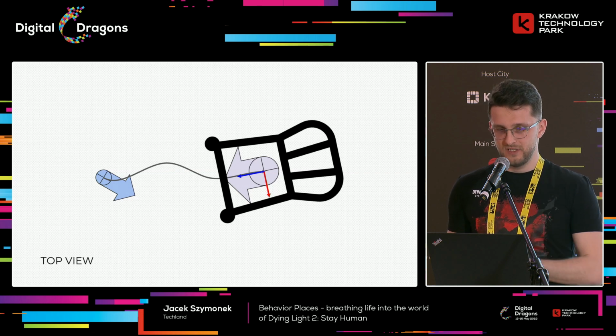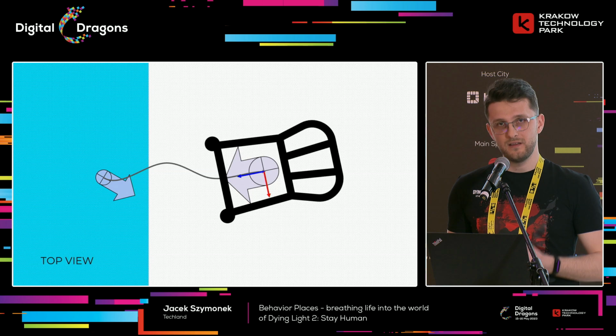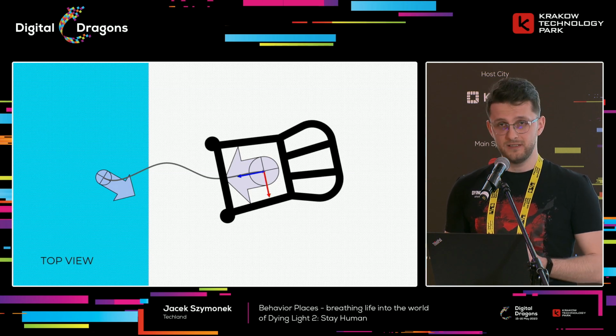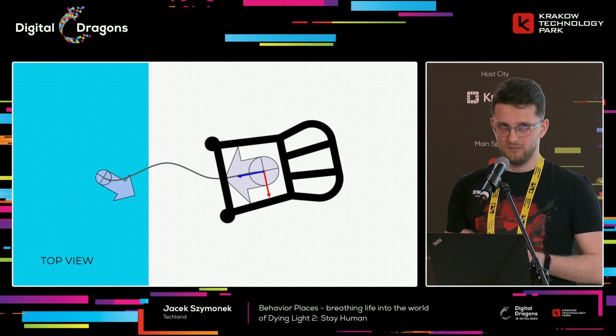Now let's add nav mesh to the mix. The entry point lies on the nav mesh, so the AI will be able to navigate to it and then start the entry. And for situations where that is not the case, we've implemented a validation process which reports unreachable entry points to level designers. And their task is now simplified to simply placing a chair wherever they like, placing the behavior place at the exact same spot, which can be automatized, and making sure that the entry point lies on the nav mesh.